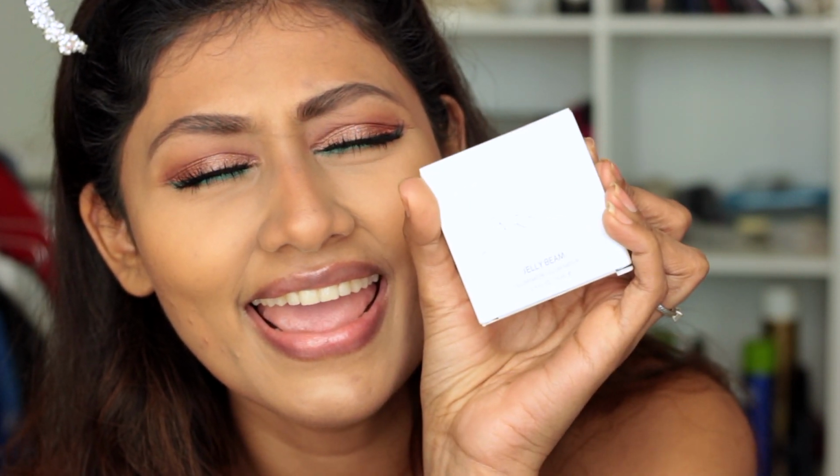And now I have the most exciting product that I have been dying to get my hands on. This is the FARSALI Jelly Bean. Oh my god, I have been wanting this for so long. Every time I would see someone jiggle their jelly on Instagram, I'm like,